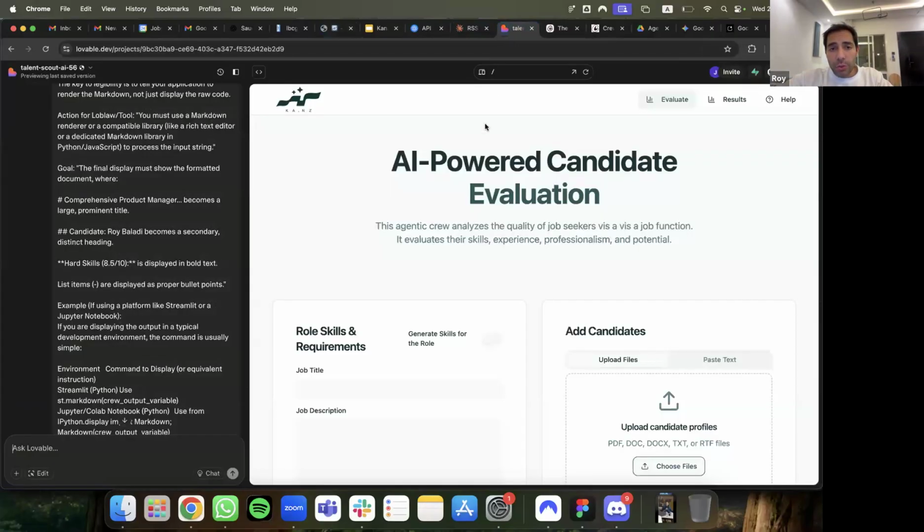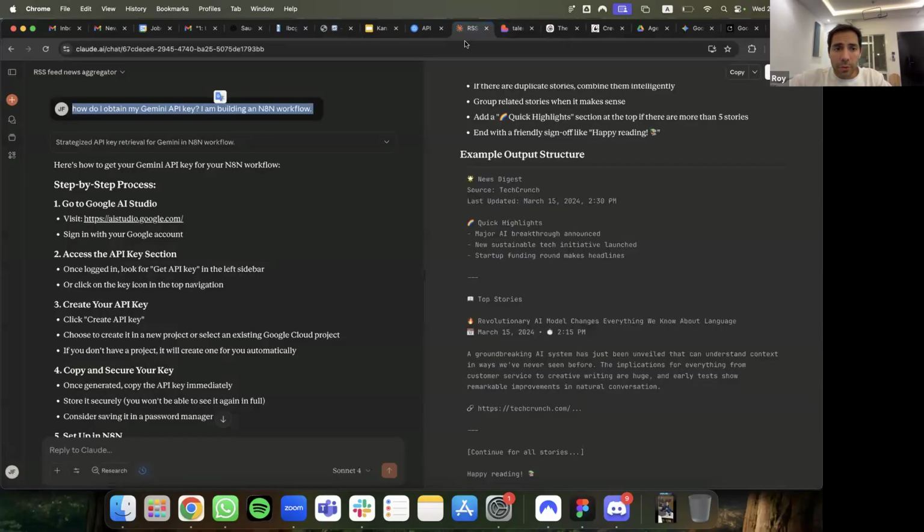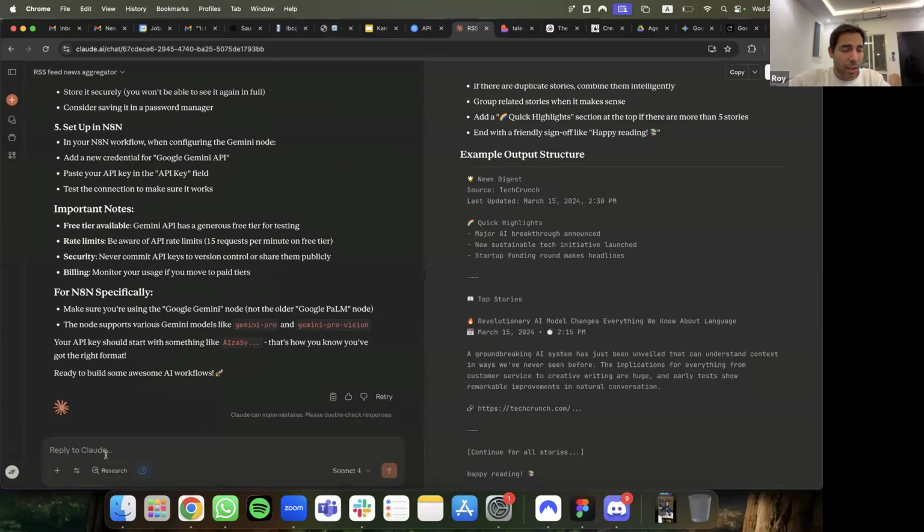Now I'm gonna show you guys a way to build. So for example, you can ask Claude to give me an N8N workflow, something I can paste directly into N8N.